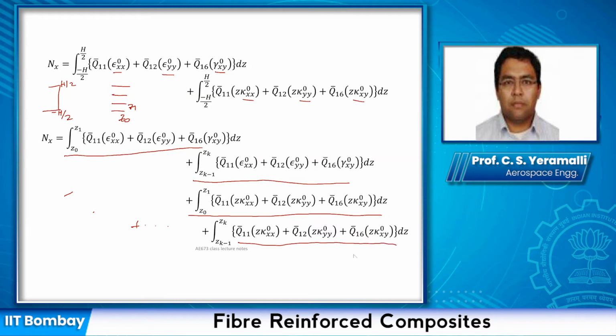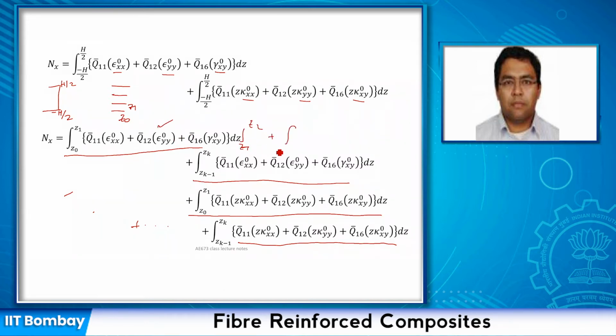Any questions? Suppose we do have three laminas, then it will be z0 and then k minus 1 means z1 to z2 and z2 to z3? Yes, so z0 to z1 is the first integral, then you will have another one, z1 to z2, plus another integral, z2 to z3. This is just to make it convenient for programming essentially, and it is based on the notation that I'm using.